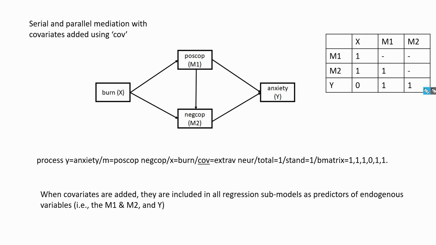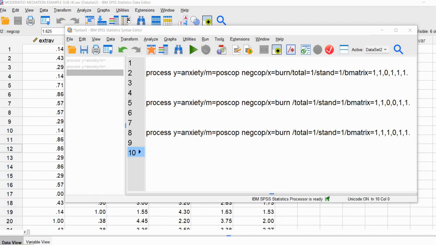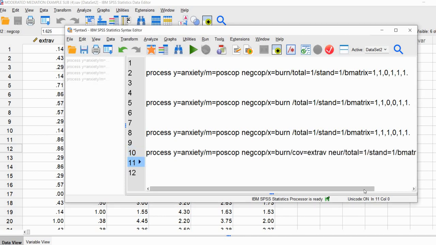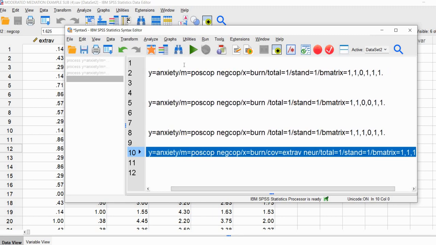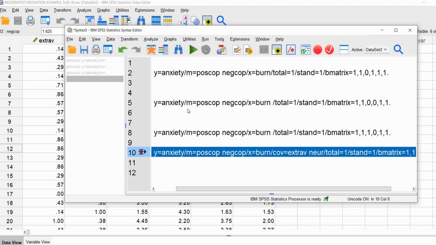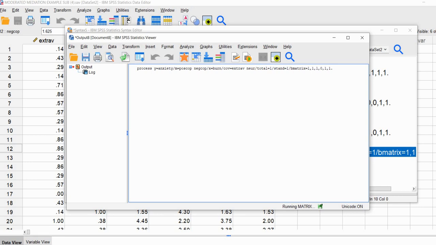So you'll notice that in this slide right here, I've got COV underlined. There's no underlining in the actual syntax. I'm just using that to highlight the fact that we are incorporating covariates in our analysis. Okay, so I'll go back into my syntax editor right here, and I've gone ahead and copied and pasted the syntax in. So I'm going to highlight all of this, and once again we've added in covariates. So now when I run the analysis, again it takes a couple of seconds to run,